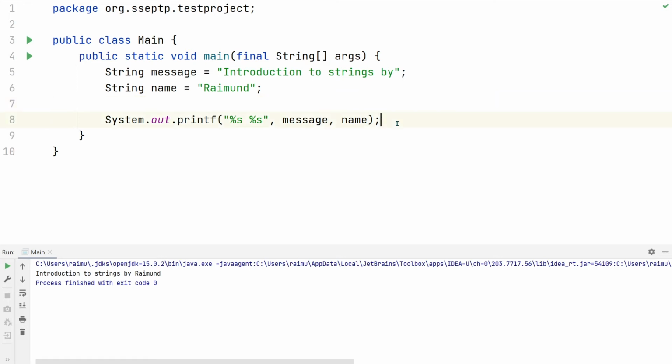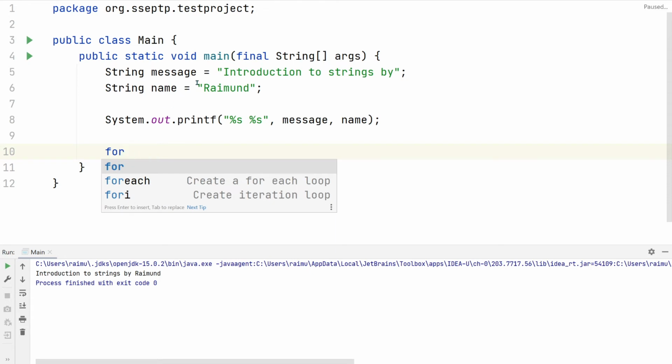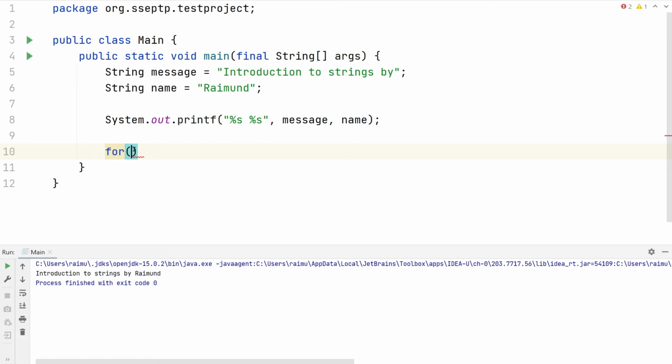Maybe I can also show you what it means. What does it mean that this is a sequence of characters? We can iterate through each character with a loop. So let's say we create a for loop, and we will start with position 0. So let's say this is position 0. So we'll start with the beginning, and then we will